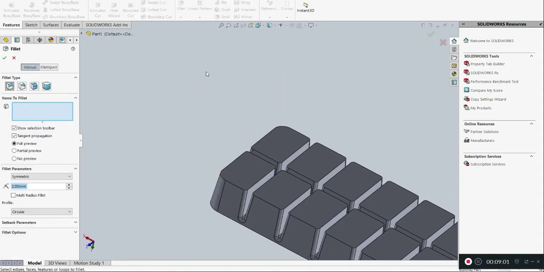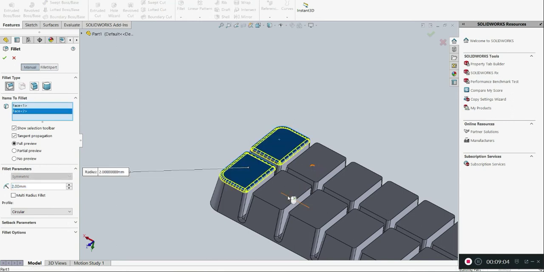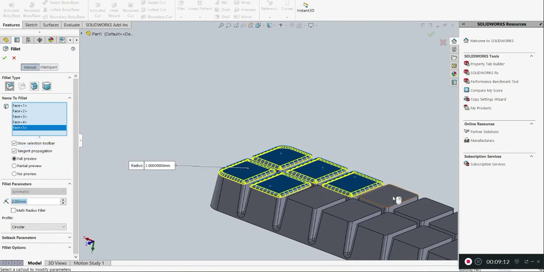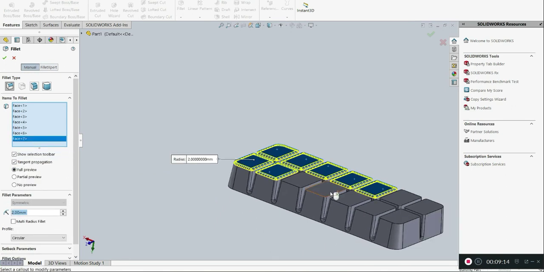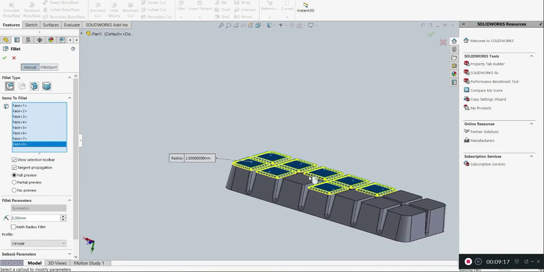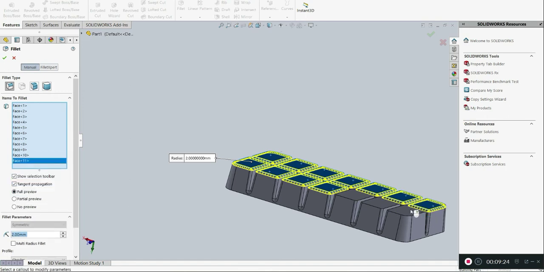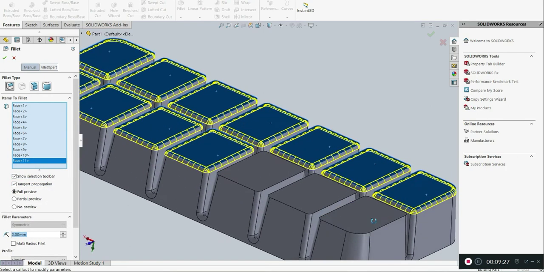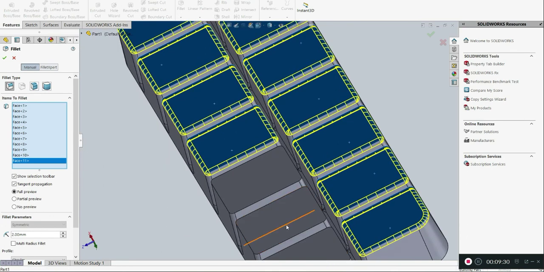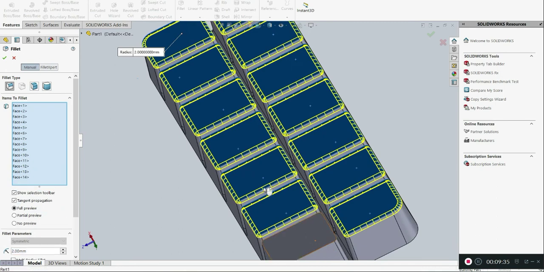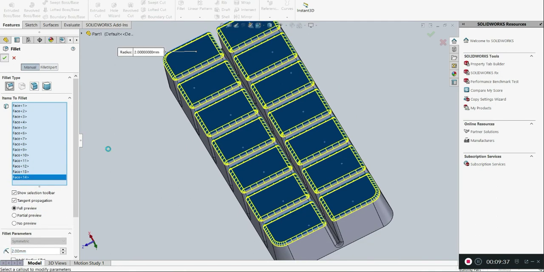So I will go to the fillet option and select the faces. And we will accept the solution.